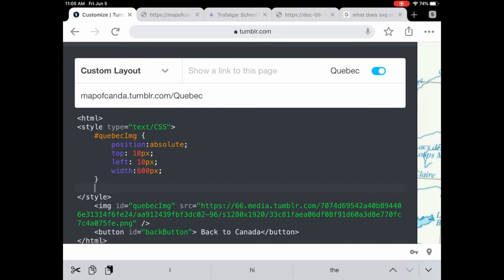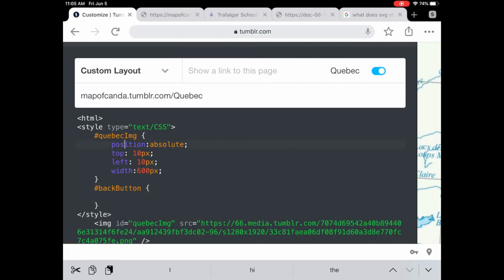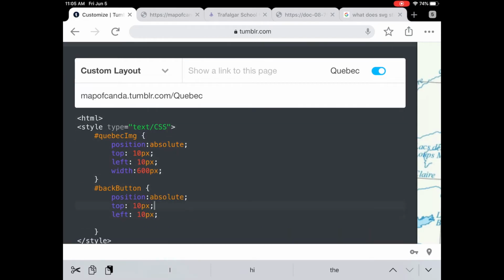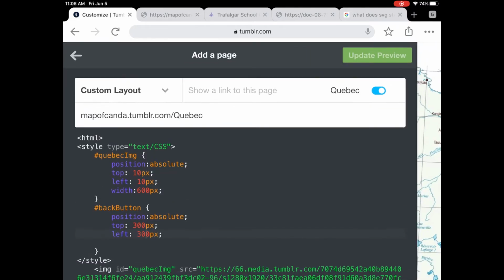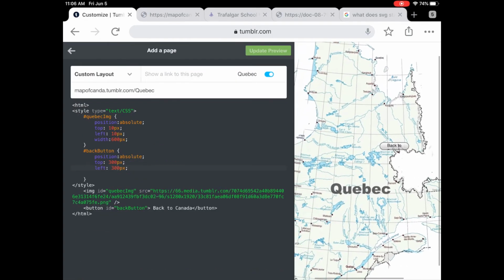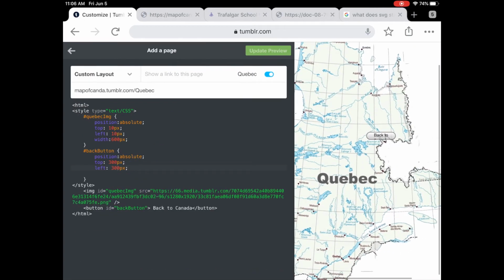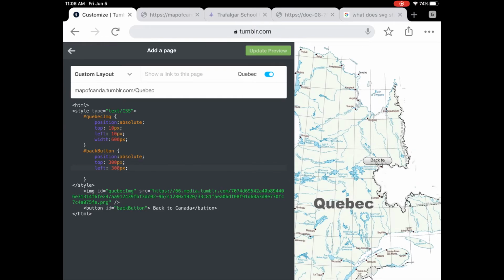Our back button. So hashtag back button. Its position is going to be absolute. I'm just going to come up here and copy all of this stuff. Let us position it at, let's say, 300. Update the preview and save. Let's shrink the page so we can see everything. There's the back button. I wanted it maybe a little bit higher, just in on Gaspé Bay, so I'm going